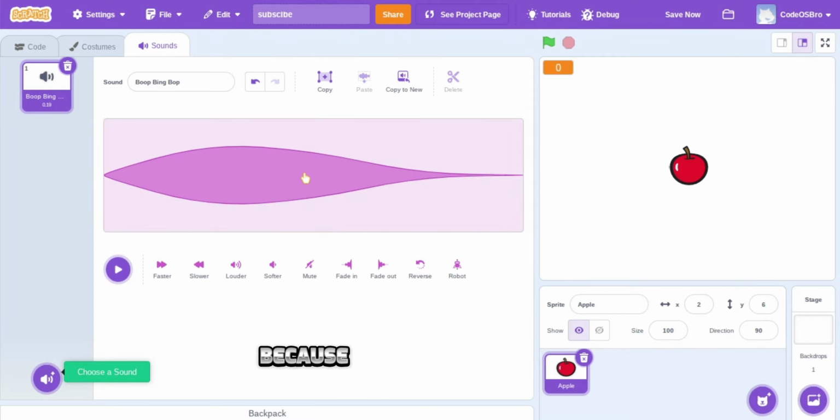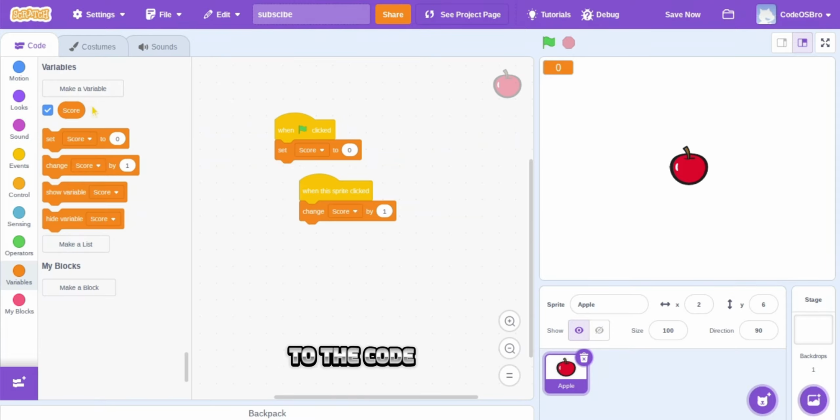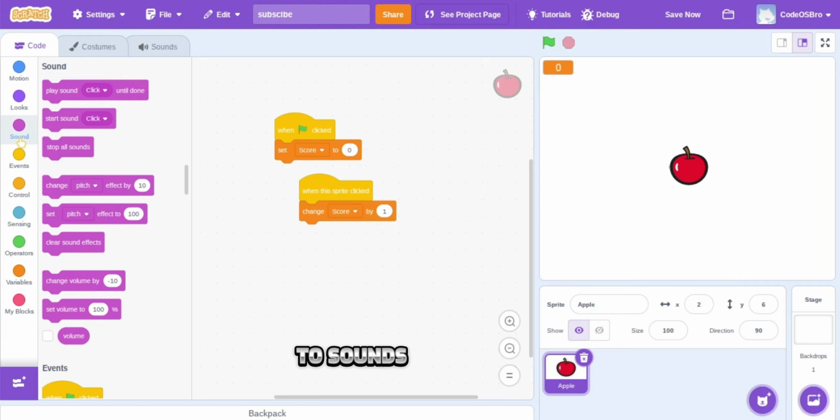it because this one is so satisfying. I could listen to that for an hour. I'm just gonna be naming this to click. Yep, click. Go back to the code section and go to sounds and get the start sound, and when sprite